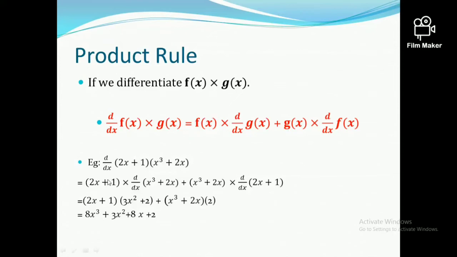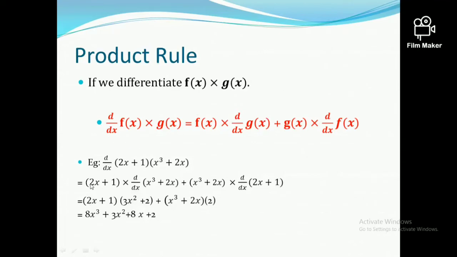Without doing anything, just keep the first part. Here, look at this, the first part I just kept over here, into differentiate the second part. So they have differentiated the second part of the function. Keep the first part and differentiate the second part. Plus, g(x) is the second part. Keep the second part here, into differentiated the first part. We have differentiated the first part. If I repeat it back, keep the first part and differentiate the second, and keep the second part and differentiate the first. That is a simple idea of working out the product rule for differentiation.